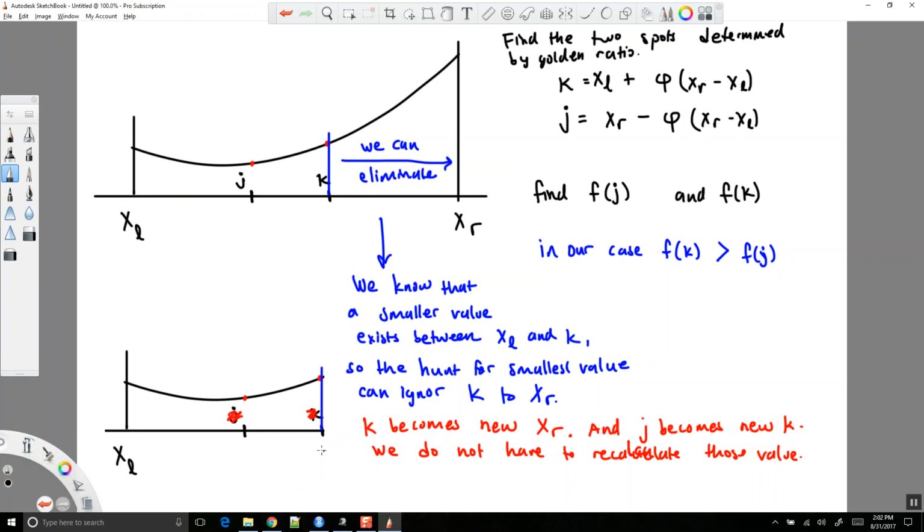This is now XR, this is K, and now I find a new J. And then I compare that, and we can continue. And we can decide whether or not to keep this one or this one, and so on and so forth. And then we repeat. Okay. So the golden section search